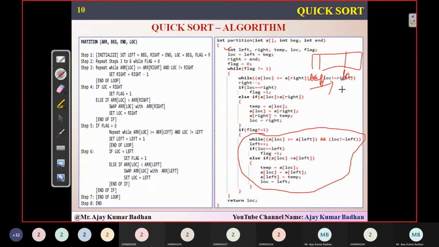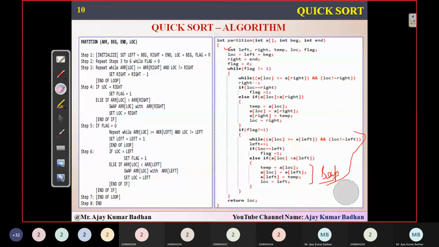And whenever you get a value which is less than or greater than this particular pivot point, that should come to this side. So simply you are going to swap. This is the swap code. This is the way you are going to do it. I want you to take the same example and use this particular logic, use this programming and solve it, and see how exactly what I initially explained step by step is done purely based on this logic.